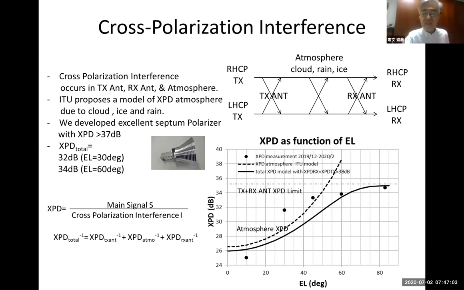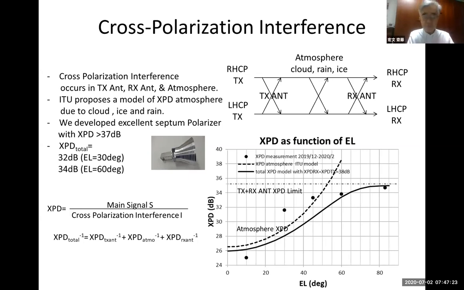The solid circle is a measured value. At low elevation, atmosphere XPD is dominant, but as elevation increases, XPD gradually improves and then saturates